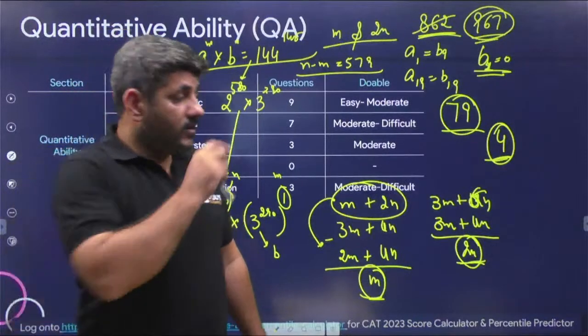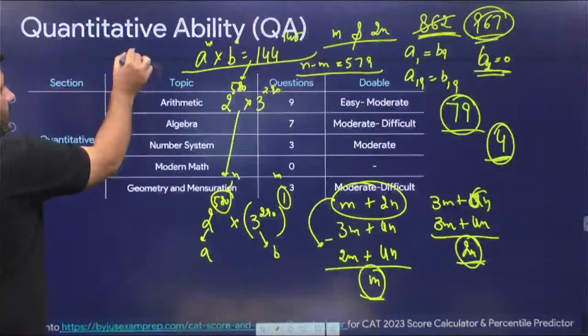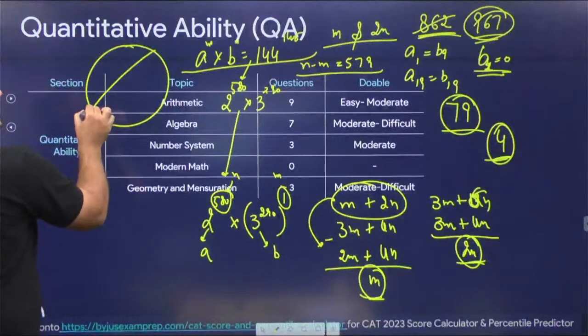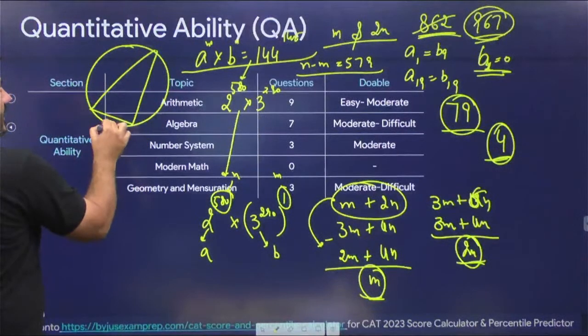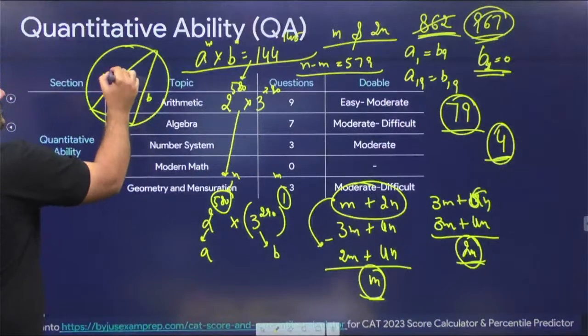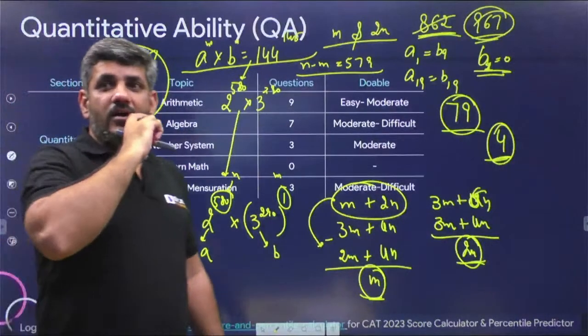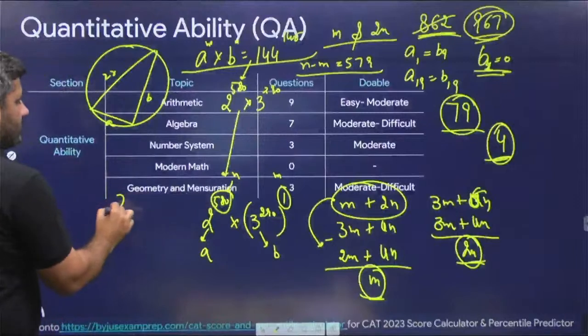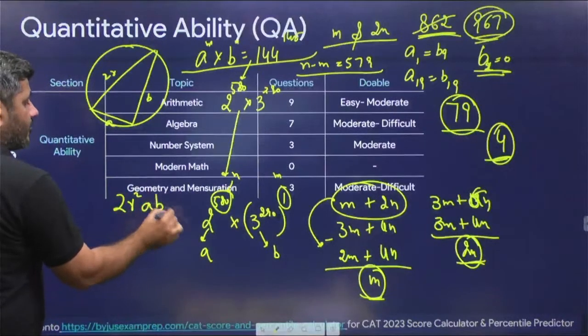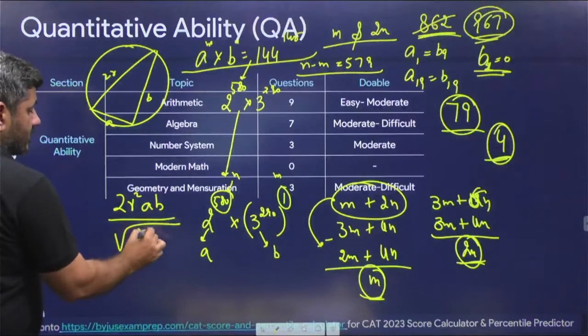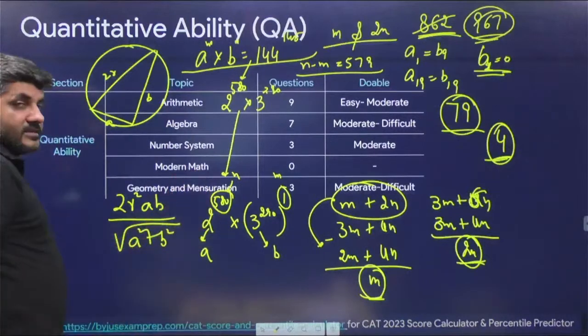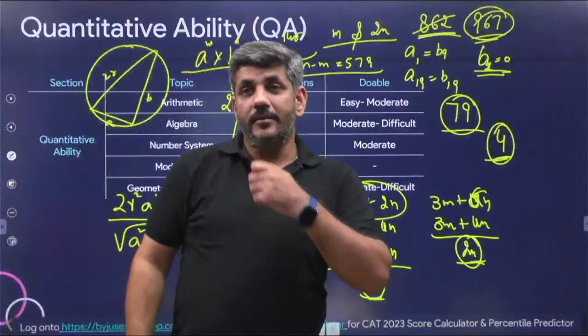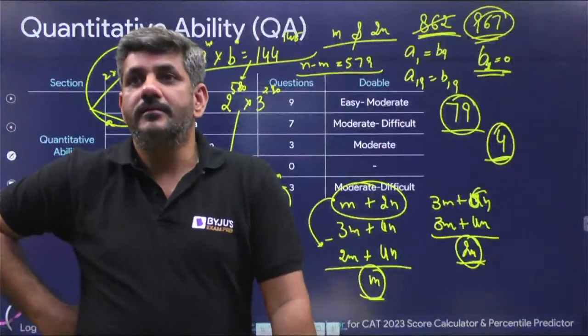Yes, there was a question on circles as well. In a circle, one side is equal to the diameter and the other 2 sides are A and B. And the question asked what is the area of the triangle. The answer for that question was 2r square into A into B upon square root of A square plus B square. This I remember. That was the answer for it: 2r square into AB upon square root of A square plus B square.